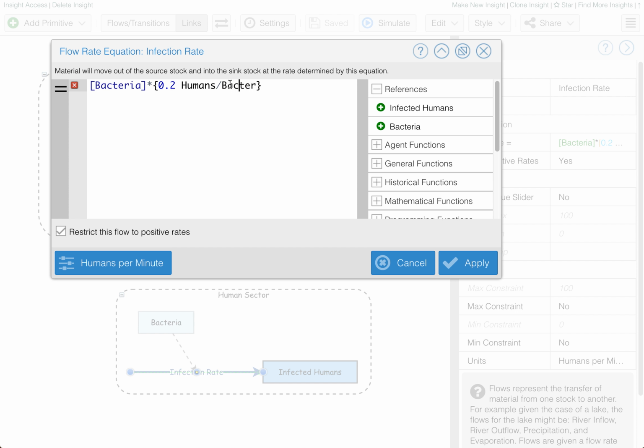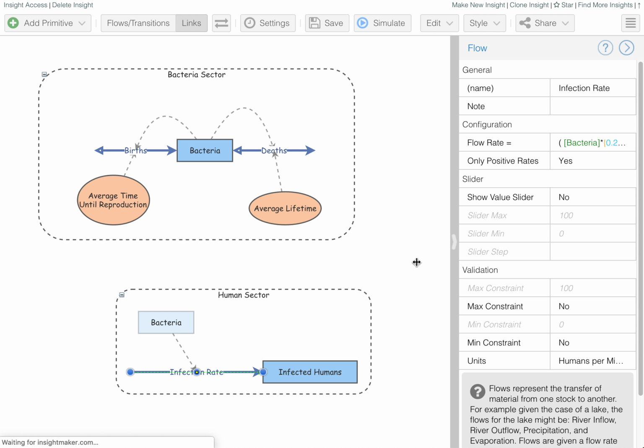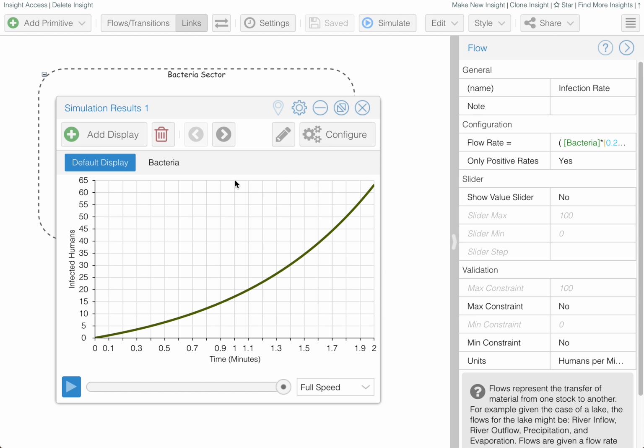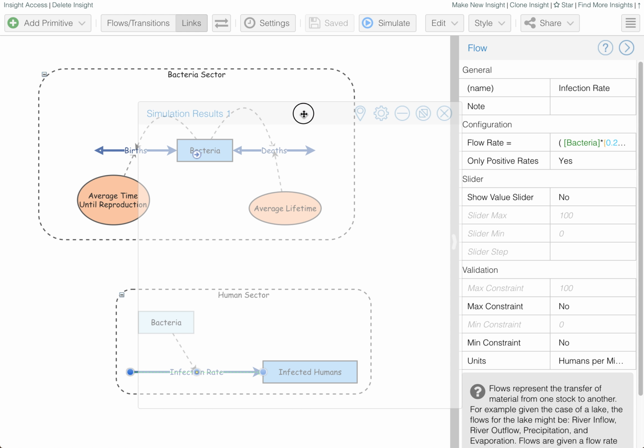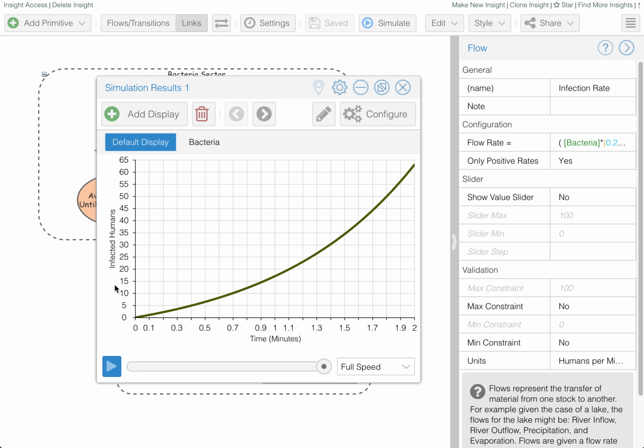All right, so this is in units of bacter, and now this comes out in units of humans, and then I will say, all right, and this is going to be in units that should give me the humans per minute. Yes, and it does. So if I plot the infected humans, then, under default display here,